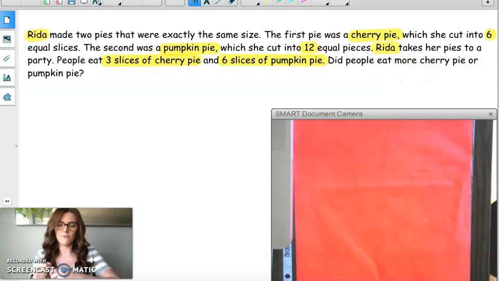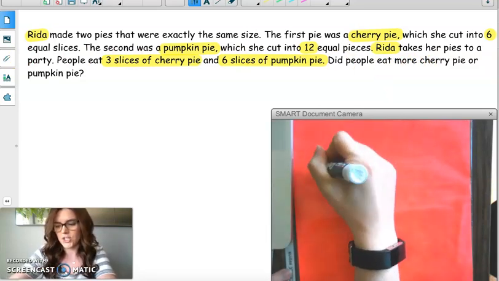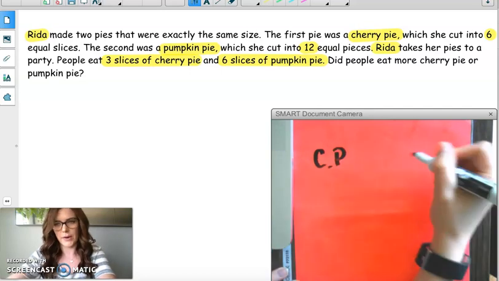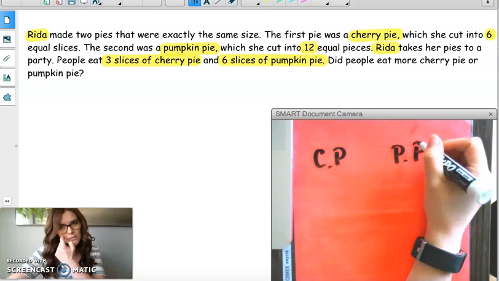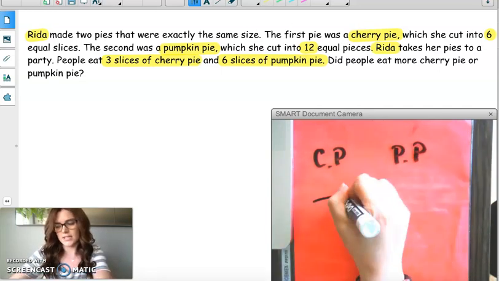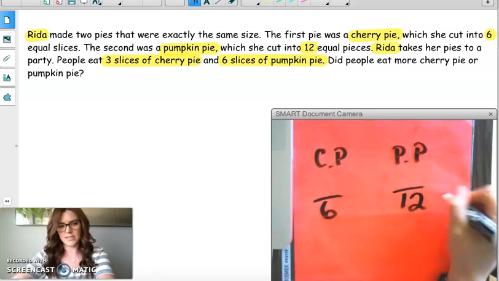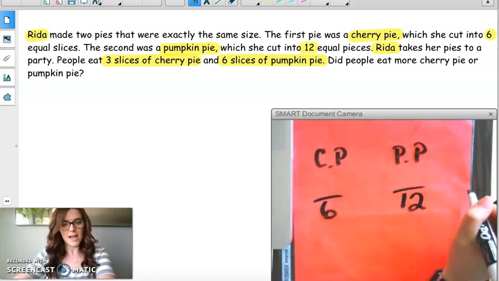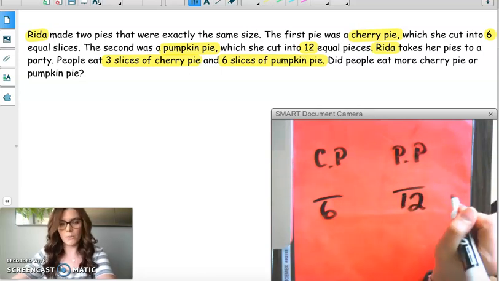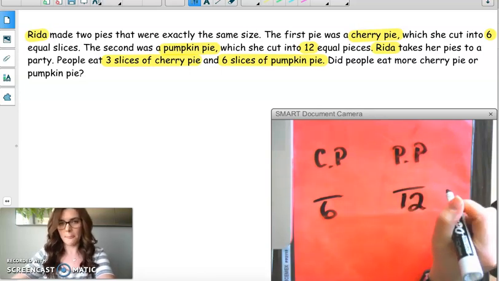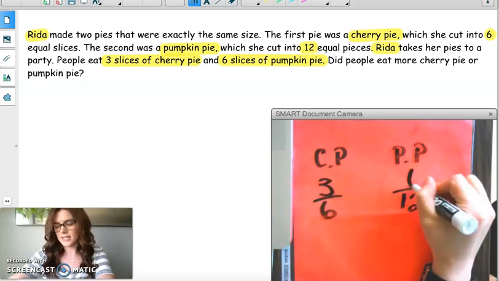So let's go ahead and write down all of our important information. Rita made 2 pies. She made a cherry pie, so I'm going to put CP for cherry pie, and she also made a pumpkin pie. Her cherry pie was cut into 6 equal pieces, and her pumpkin pie was cut into 12 equal pieces. So even though the pieces are different sizes, the whole pies were the exact same size. When she took the pies to the party, people ate 3 slices of cherry pie and 6 slices of